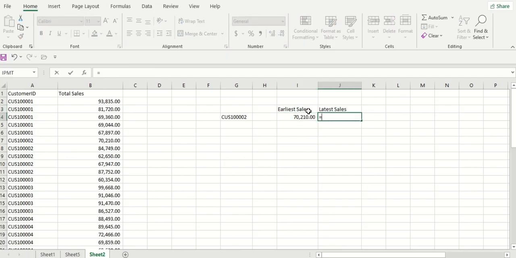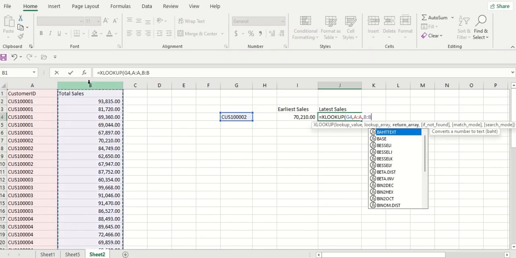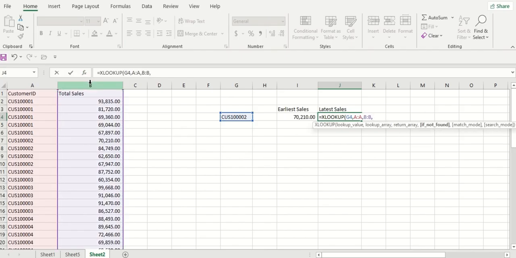The same XLOOKUP formula will work. You just do this: look for this customer from this table, return this. Now coming over to if not found, like we did in the previous example, we could just put the text "not found," "no sales," "no customer details," anything that suits the company that your boss will understand. For now, I'm just going to skip that,